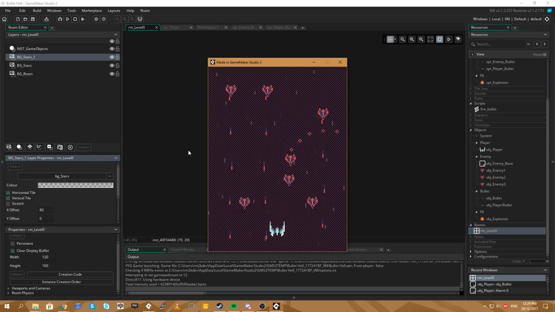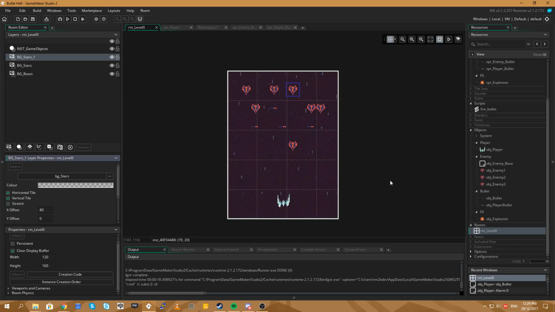Can the ship get fire behind it? Yes, it can, but you'd have to run into the bullets. See? Like that. Hang on. It's hard to time this. There you go. I just got one then. Yeah. You can get hit from behind. Now it's a little easier to see.